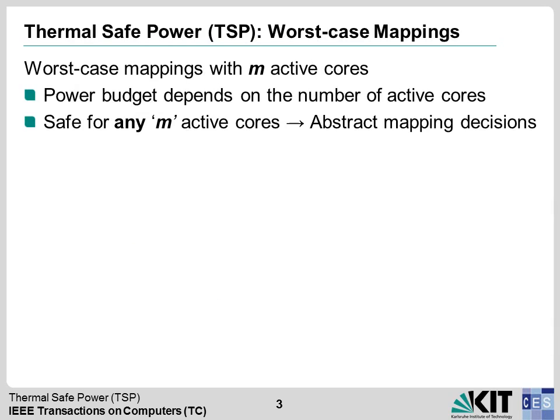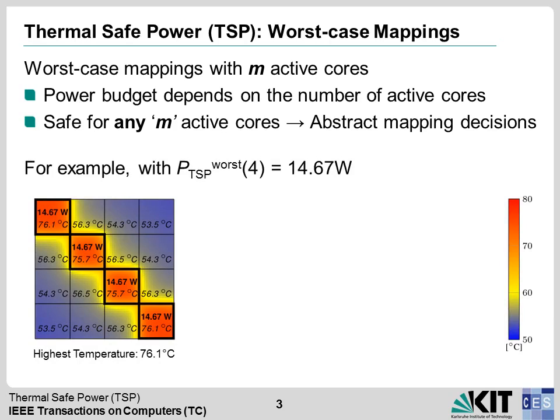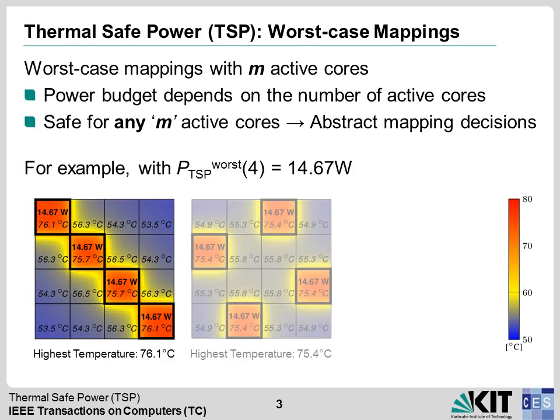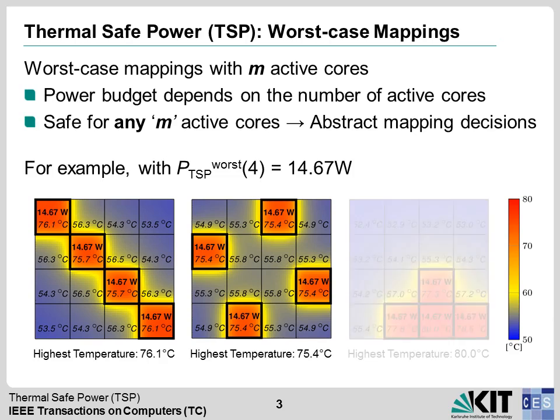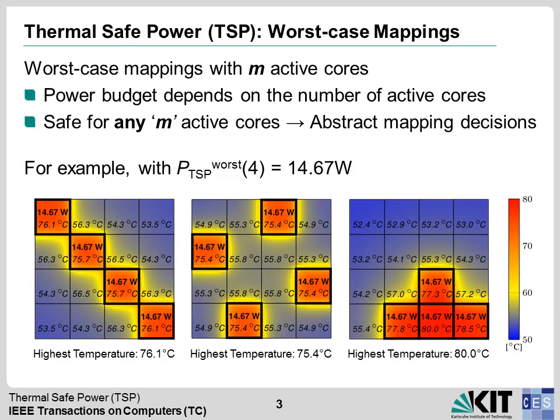This thermal safe power is derived by considering the worst-case mappings, which means that we have a power budget that depends on the number of active cores, and for any m active cores, this power budget is going to be safe, such that we can abstract from mapping decisions. This can be seen with this example, in which we have a TSP value when we have 4 active cores of 14.67 watt, and we can see that for different mappings, the maximum temperature in the chip does not